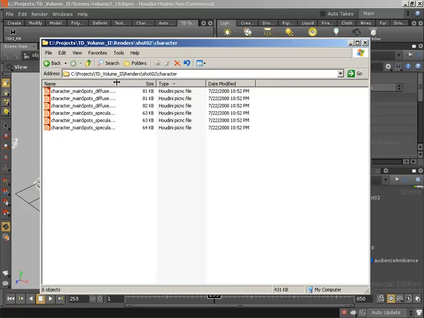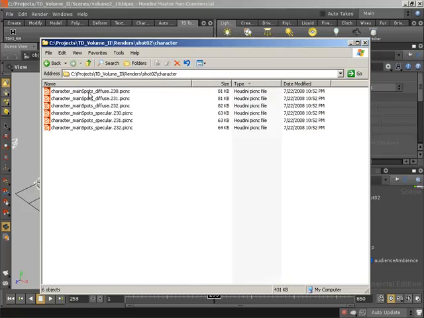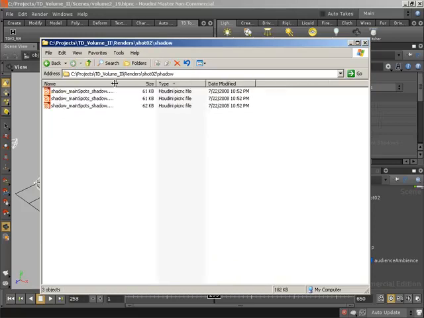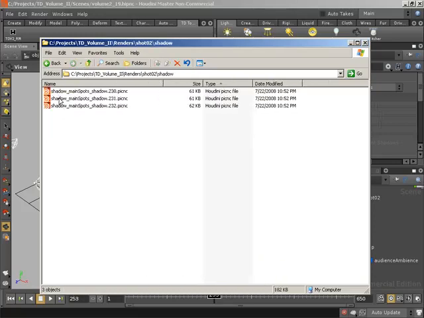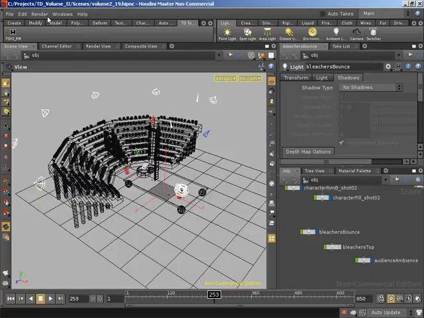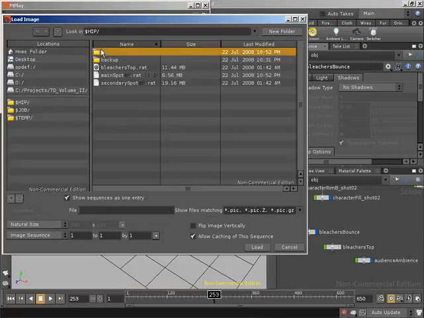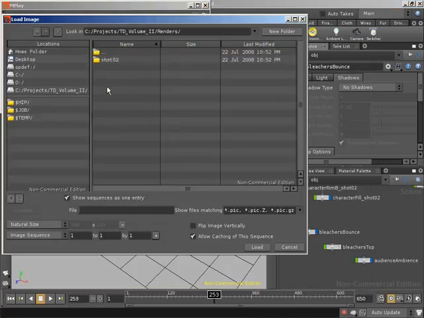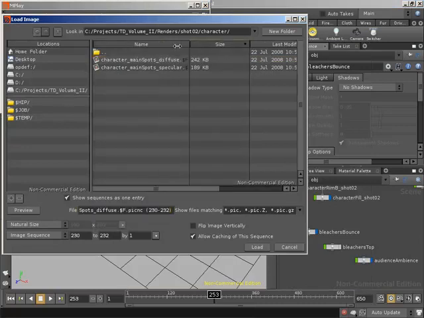Inside character, we've got the 3 frames from our main spots diffuse, so character underscore main spots underscore diffuse, and our character underscore main spots underscore specular. Inside our shadow folder, we have shadow underscore main spots underscore shadow, and we can go ahead and load these up in mplay. So I'm going to load disk files. Let's jump inside our renders folder, inside shot 2, get our character, grab our character's diffuse pass